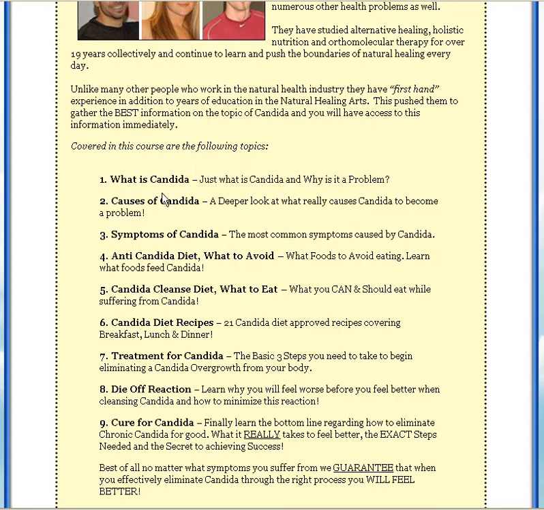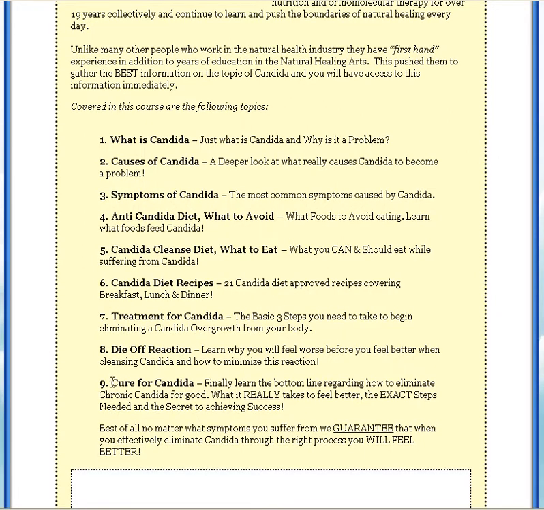as well. So we go through what is Candida, the causes, the symptoms of Candida, the diet that you would want to approach, including foods to avoid and the ones to eat, a few Candida diet recipes, and the basic 3 steps that everyone who has Candida should be using at a baseline. We discuss the die-off reaction you're going to experience from killing Candida, and finally we discuss the cure for Candida,